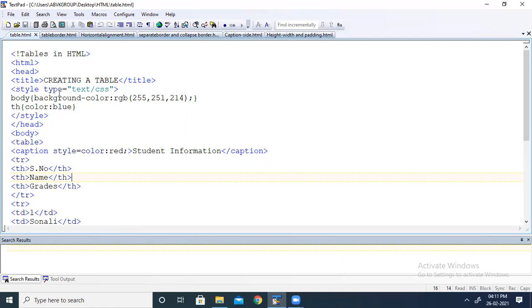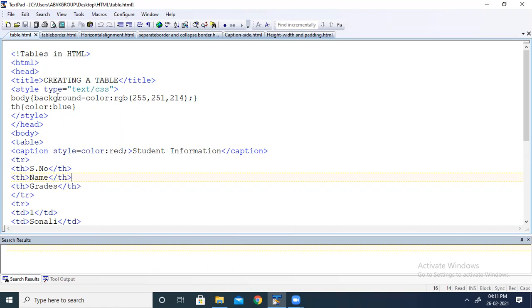Next is style type equal to text/css. As you know, if you want to apply any inline style or any embedded style, you have to make use of the style tag in the head section. If you want to create an embedded or internal style sheet, you have to make use of the style tag.